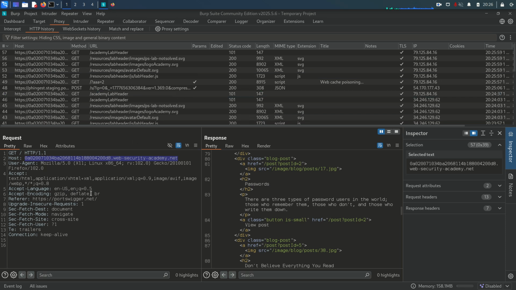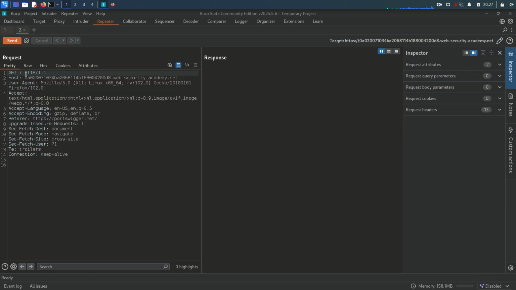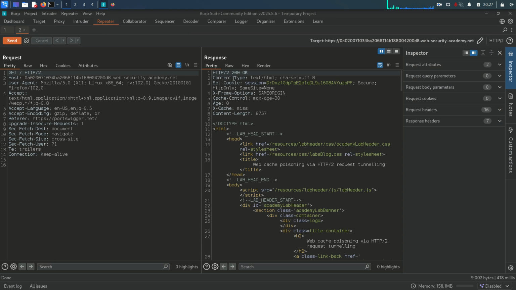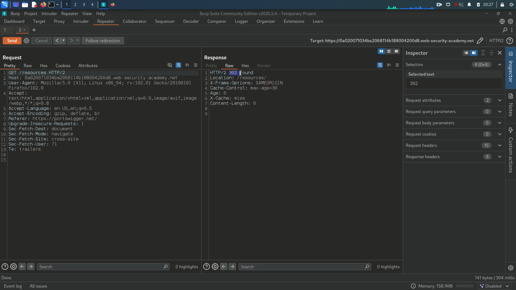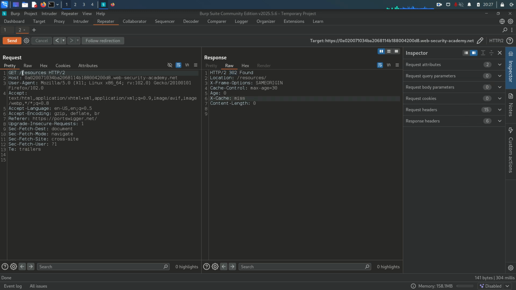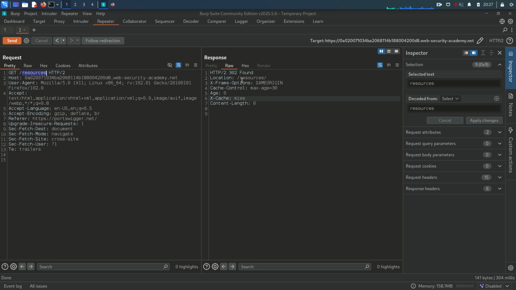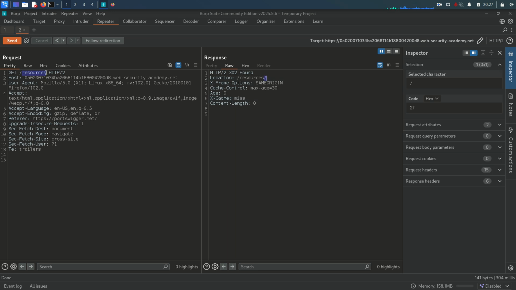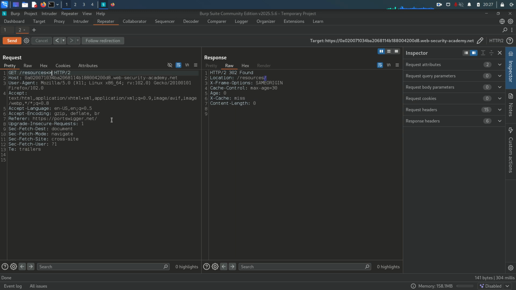So I'm just going to send this web root request again to the repeater, and go to the repeater, send the request. It's perfectly fine. But what if we send it to resources? Okay, send the request, and you can see 302 Found. And one more thing to be noticed here, that what we call the endpoint, we call only resources, and it is redirecting us to resources slash. That means if we try to execute a script here,